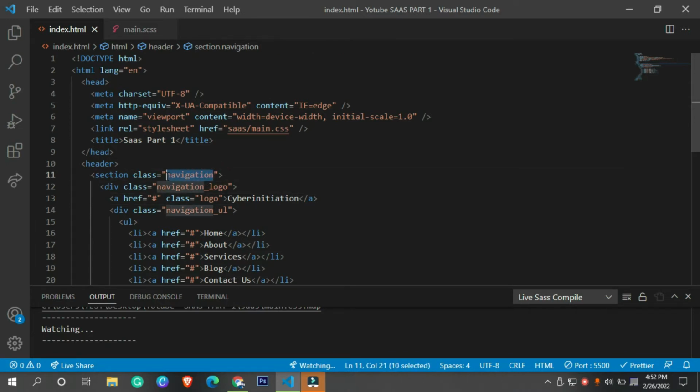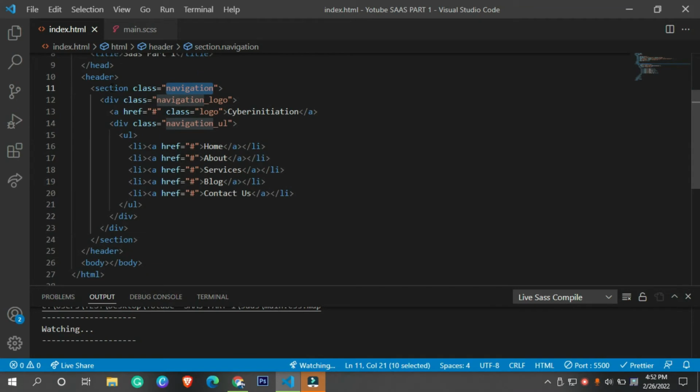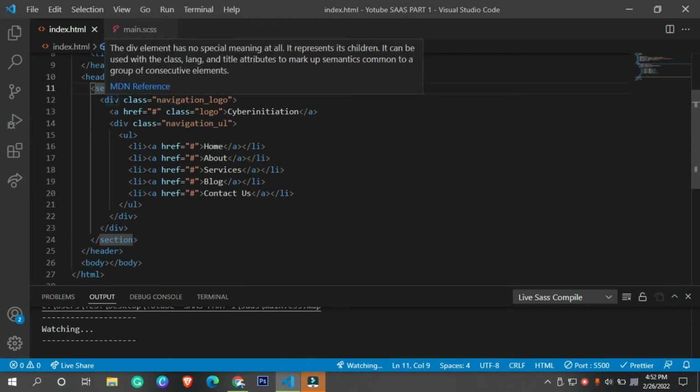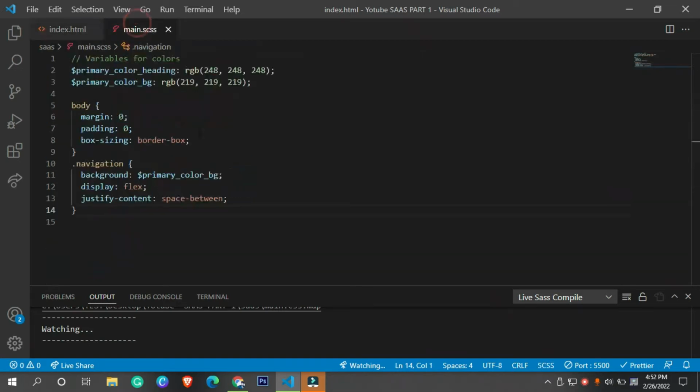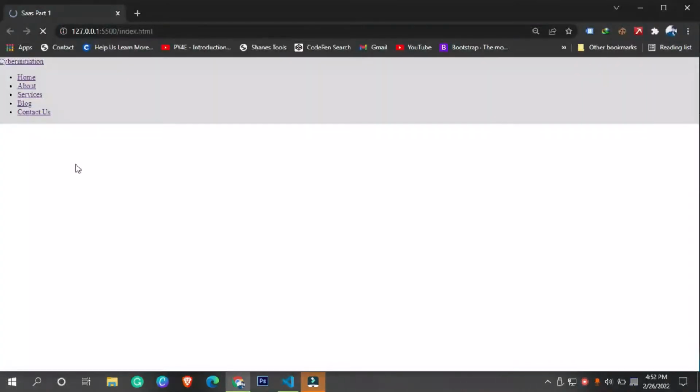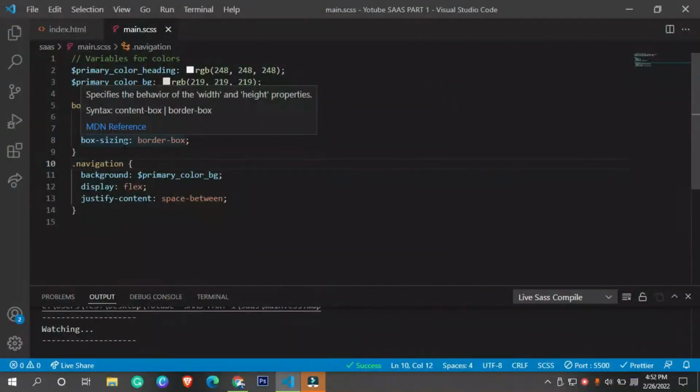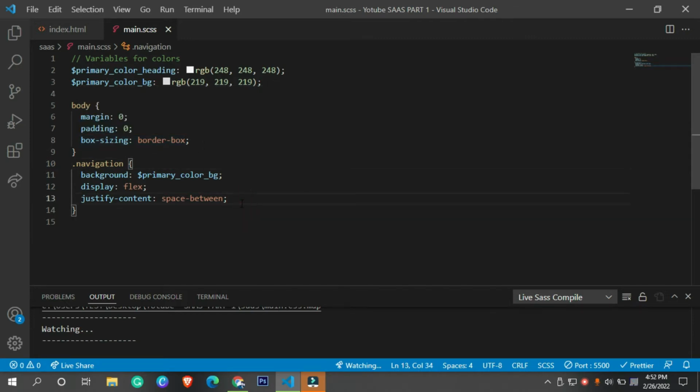This is the navigation, and in order to target your logo, you just need to add an ampersand sign. Navigation is the whole thing, and in order to write the same navigation keyword, you just need to write the ampersand sign inside this navigation.